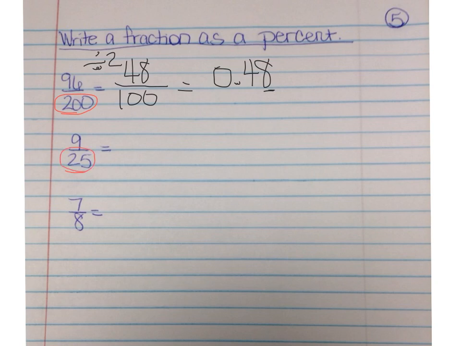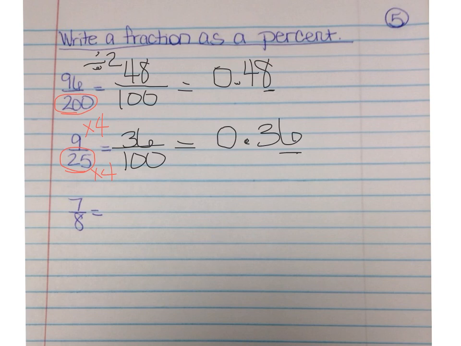We want to make the bottom number 100. So 25 times 4 is 100. So we're going to do both times 4. That gives me 36 up here. Gives me 100. And so when I read it mathematically, it says 36 hundredths. 36 hundredths. And remember, it's in the hundredths place. Okay. Now the other way, when you can't immediately see what you can multiply or divide by to get you